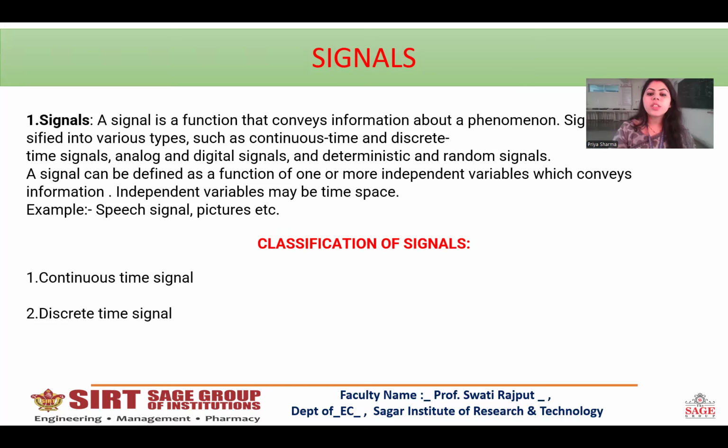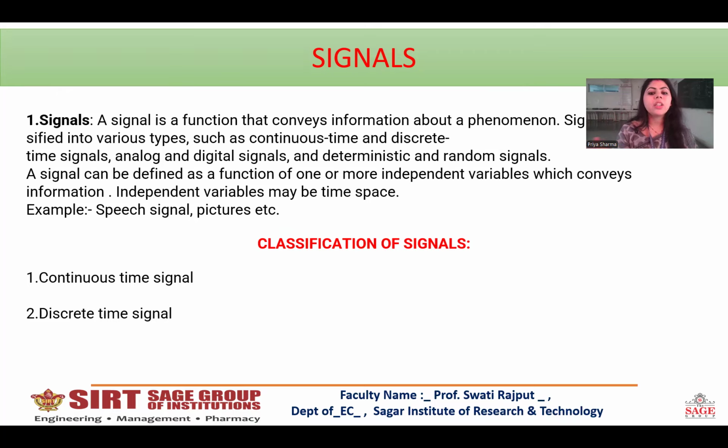A signal is a function that conveys some information. Do you know what is information? Information is anything that is transmitted from sender to receiver. And how is this possible? Through communication. So, a signal is a function that conveys that information about a phenomenon, and it is of various